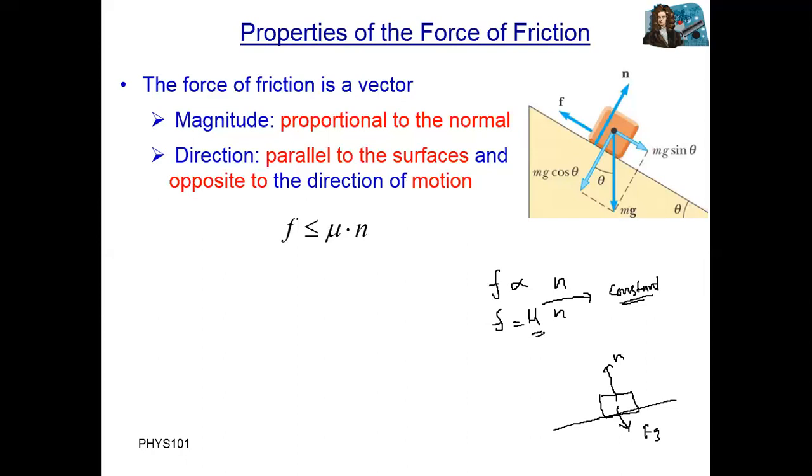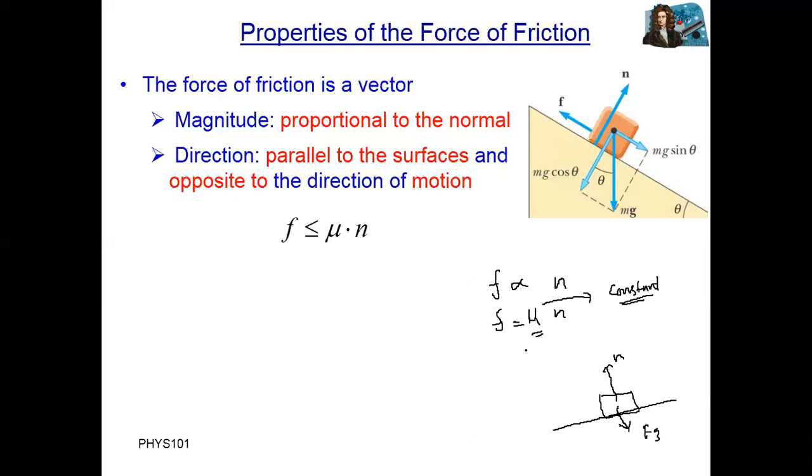The coefficient of friction may be of two types. When the body is moving, we say coefficient of kinetic friction. When the body is at rest, we use the coefficient of static friction. The coefficient of static friction is actually a unitless quantity. Why unitless?